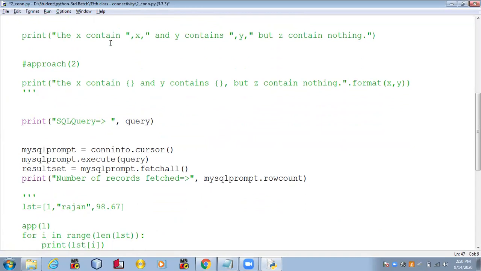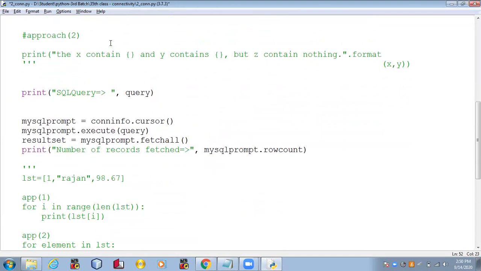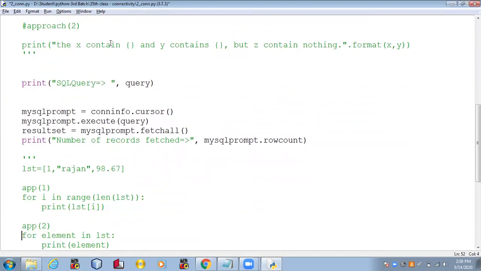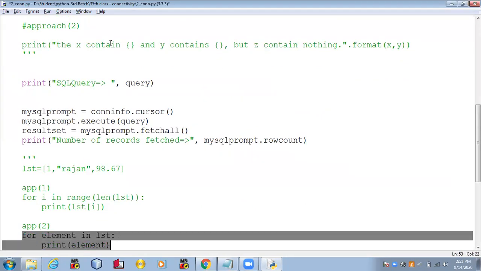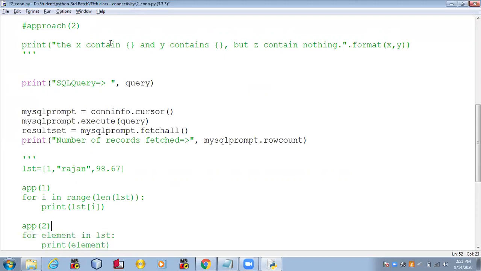This one is the first approach, and this one is the second approach to grab each and every element of the list variable. I will be using this approach to grab each and every row information from my result set variable. You can consider it as a list variable, but I will not use the word list variable. I will use the word result set variable, right?